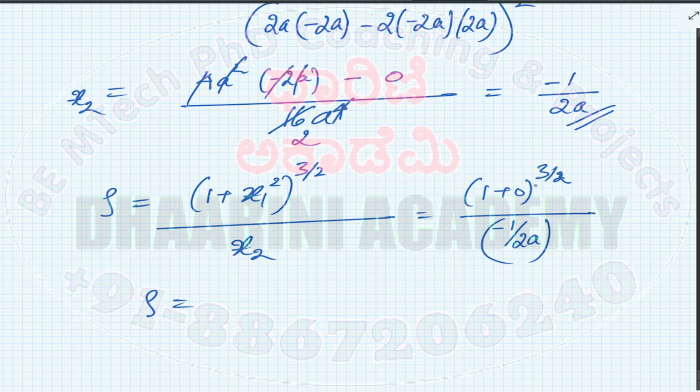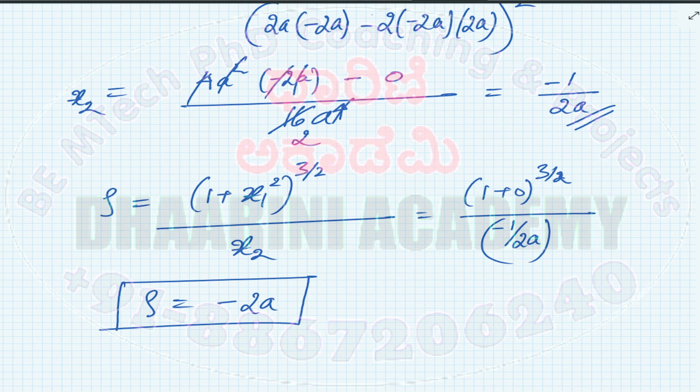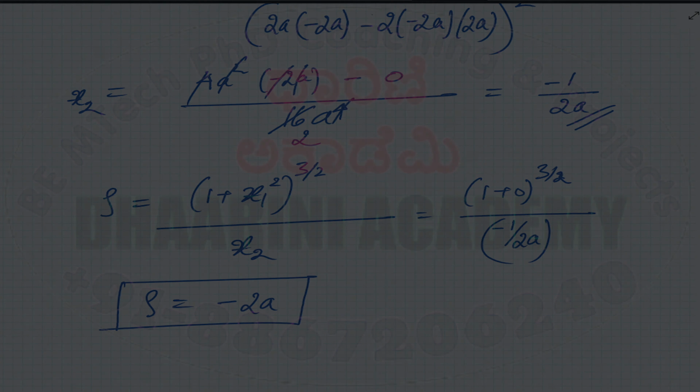Okay, so the numerator is 1, divided by minus 1 by 2a becomes, this 2a goes to the numerator as minus 2a. Alright, so that is the